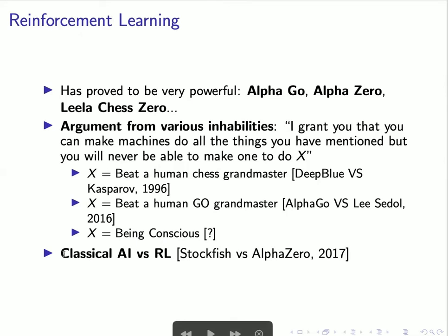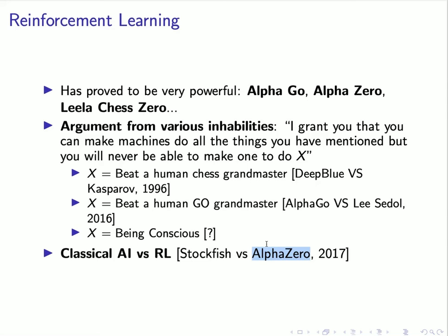On the other hand, reinforcement learning has proved to be very, very strong, even against classical AI algorithms. So if we, again, consider chess, there is a really strong algorithm that used to be the world champion, Stockfish. I'm not really good at chess, but I like it. So there is a website called TCEC that hosts the world championship of computer chess, and AlphaZero, which is Google's algorithm,